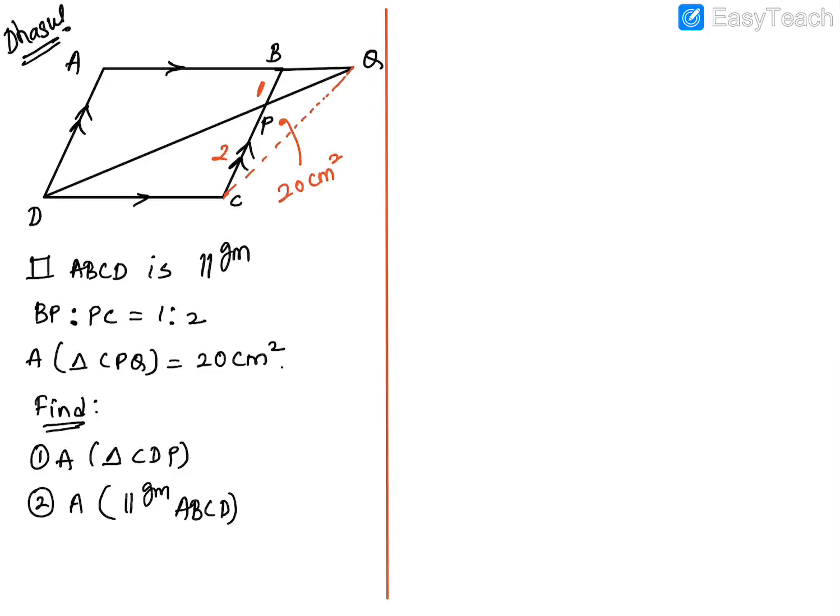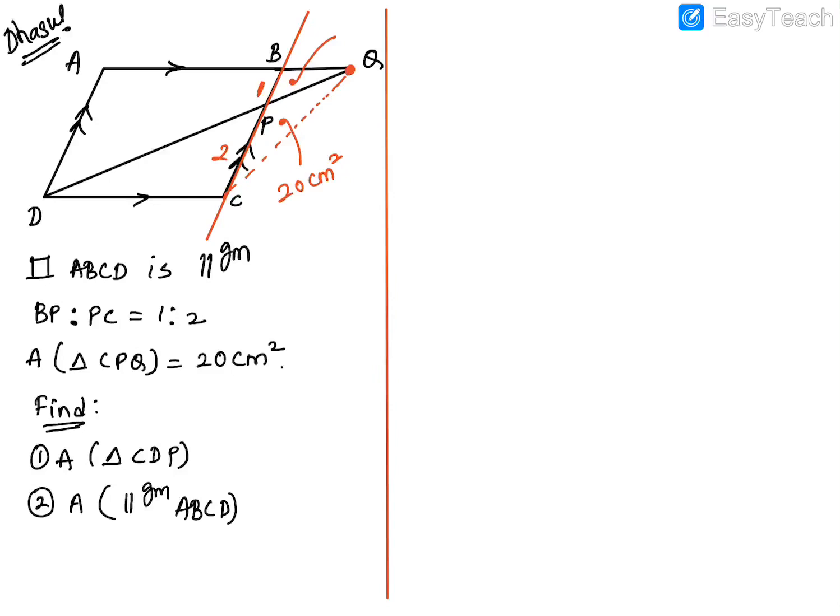Okay. Now first thing is we need to find the area of triangle BPQ. If you want to try, pause the video and try. You will be able to do it yourself. The hint is, of course, you have to make use of common vertex theorem or common vertex property. So there is a common vertex. What's that common vertex out here? Q. And their bases are in the same straight line. Notice, look from here to here. So their bases are in the same straight line.